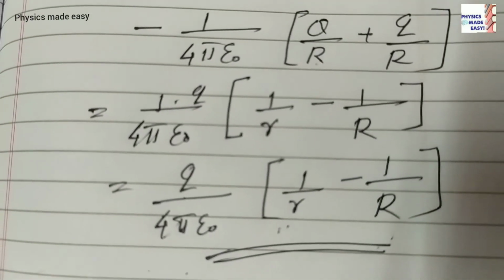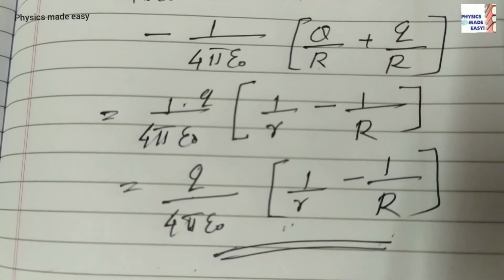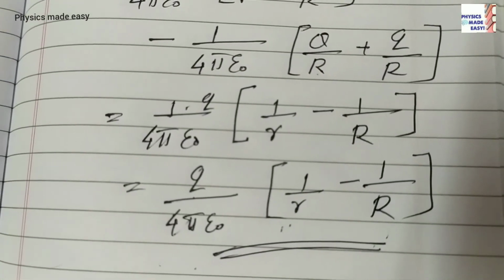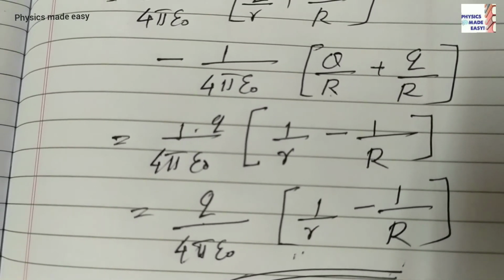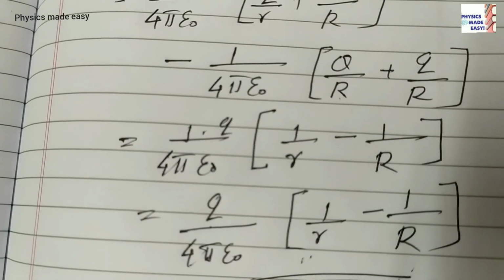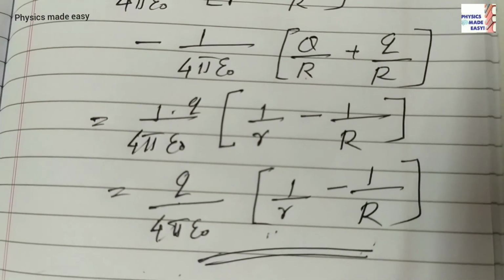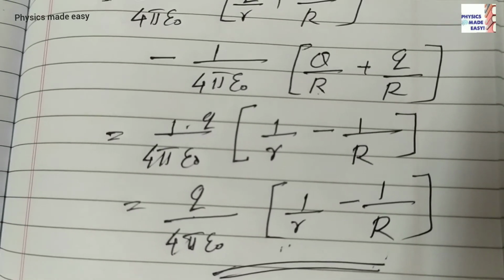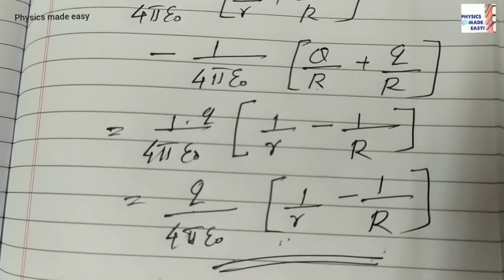So if these two spheres are connected by a conducting wire, the charge q will flow entirely to the outer sphere, irrespective of the charge capital Q already present on the outer sphere. If these two spheres are connected, that small q will flow to the outer sphere, whatever the charge on that outer sphere.